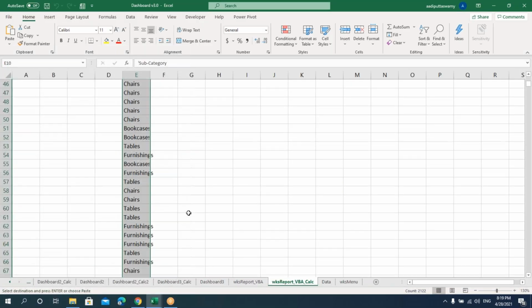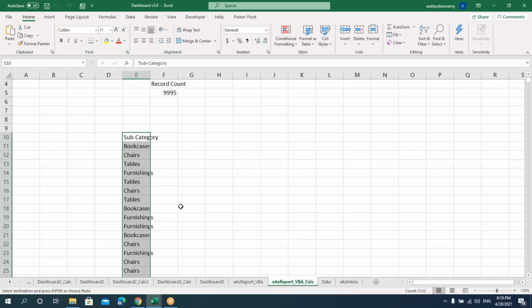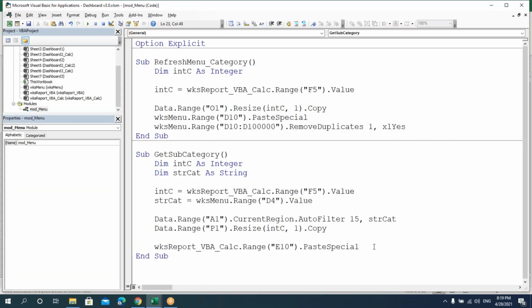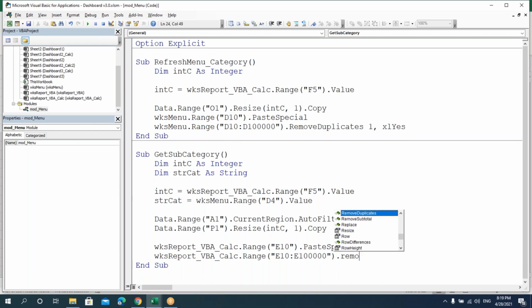Now it got pasted. Now we need to remove the duplicates because here we need the unique values. Right. Go here, copy this, paste it, and say some number will give, and say RemoveDuplicates.